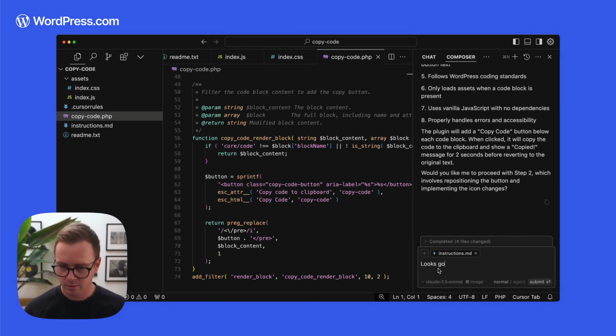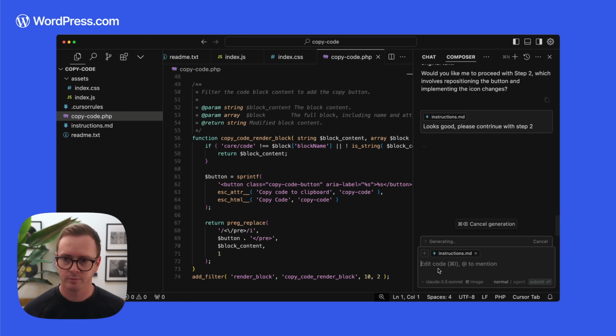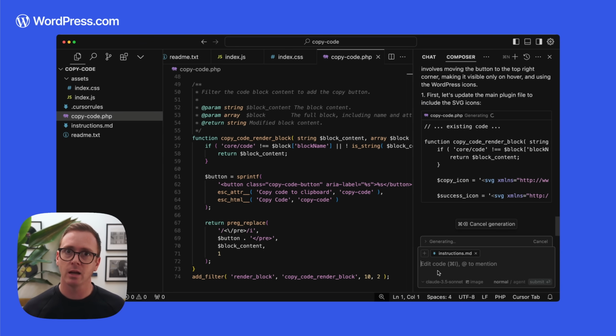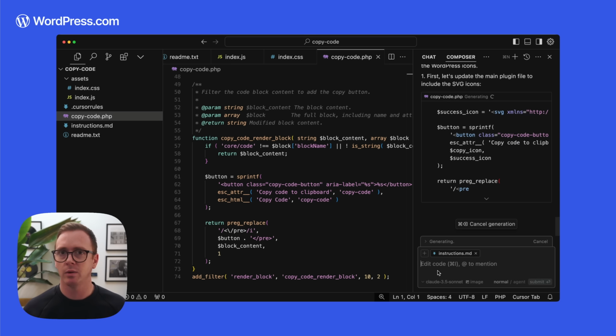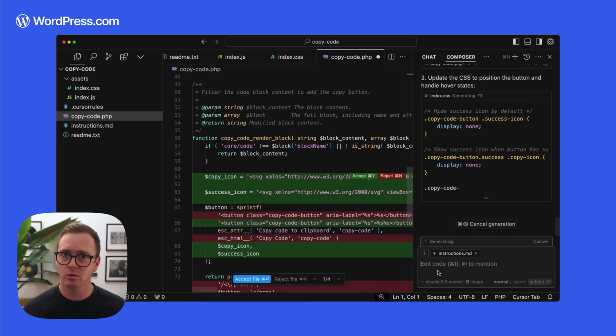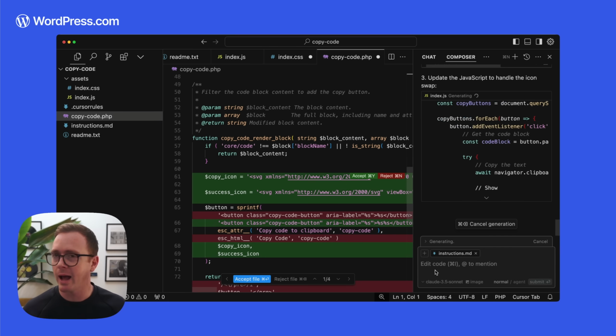Looks good. Please continue with step 2. Again, it's going to make the updates according to step 2 in our instructions file. Now, part of that for the icons, they are built out with SVGs. Now, if you don't tell Cursor what to use for SVGs, it will figure it out, but it might